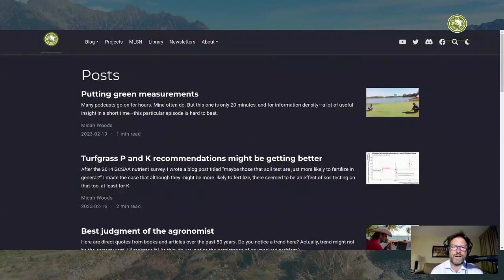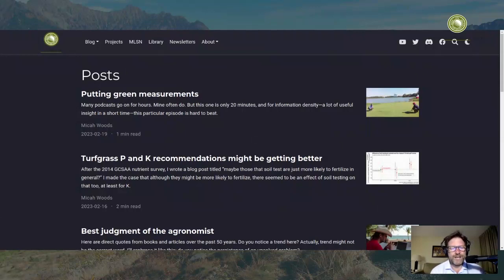Why? I would say that it's because the soil test interpretations are completely wrong. And I'm not saying my soil test interpretations are completely wrong. I'm not saying everybody's soil test interpretations are completely wrong, but there are a lot of recommendations for applying potassium